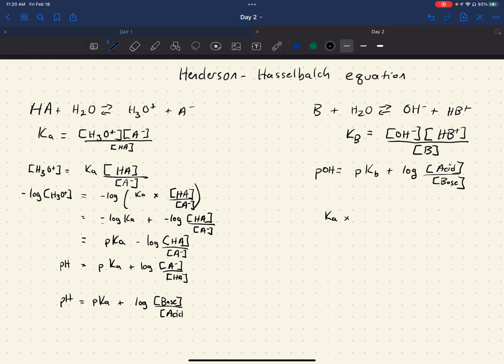All right, and that gets us negative log Ka plus the log of the base, which in this case is going to be F minus, over the concentration of the acid, which is going to be HF. And then I can plug some numbers in. So negative log of 7.2 times 10 to the minus 4 plus the log